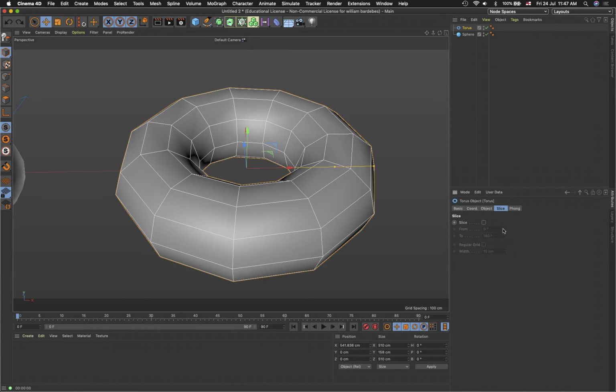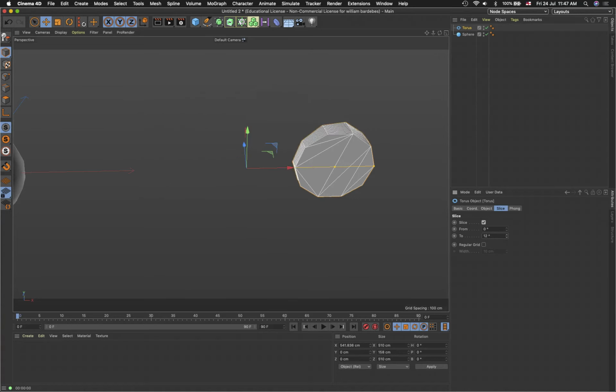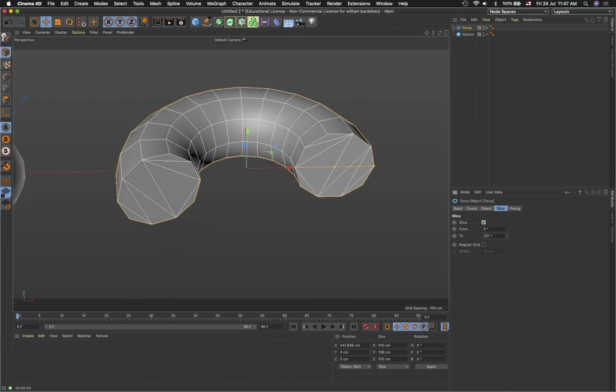But we also have slice. So instead of it being a whole torus, I can say that I'm having that much of it. So if we think about motion graphics and what I've been saying today, we're adding narrative value to data. So suddenly this could become some kind of bizarre form of pie chart, because what if I got this torus